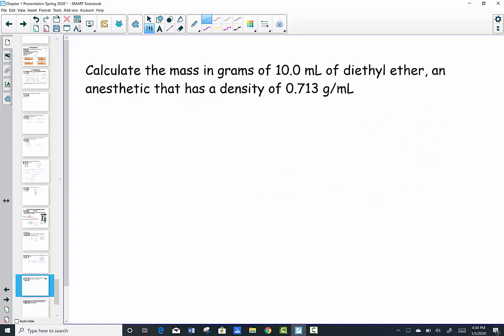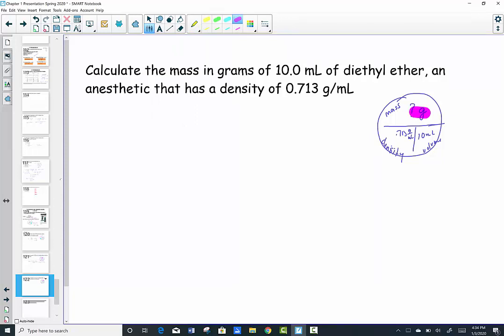Calculate the mass in grams of 10 mils of diethyl ether, an anesthetic, that has a density of 0.713 grams per mil. I know that mass goes on the top, density is the bottom left, and volume is the bottom right. Calculate the mass, so that's my target variable. I'm given 10 mils and a density of 0.713 gram per mil. Cover the variable with your finger that you want to solve for. We want